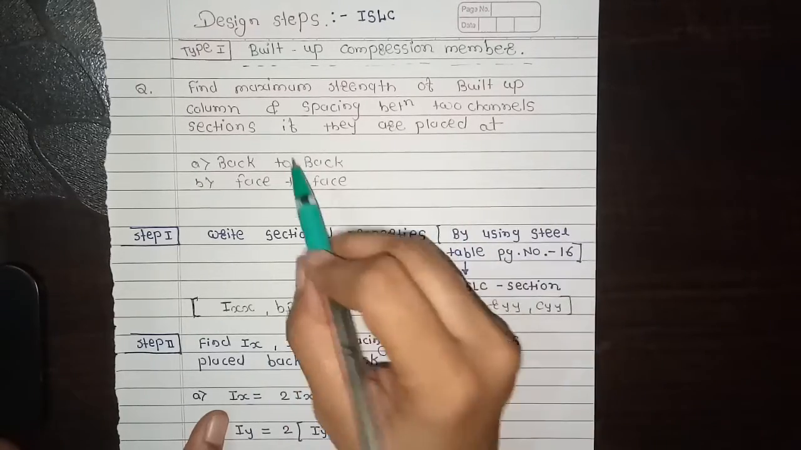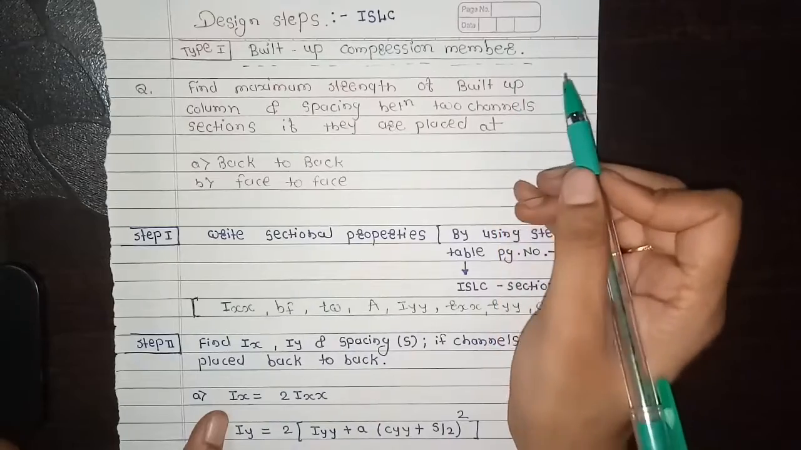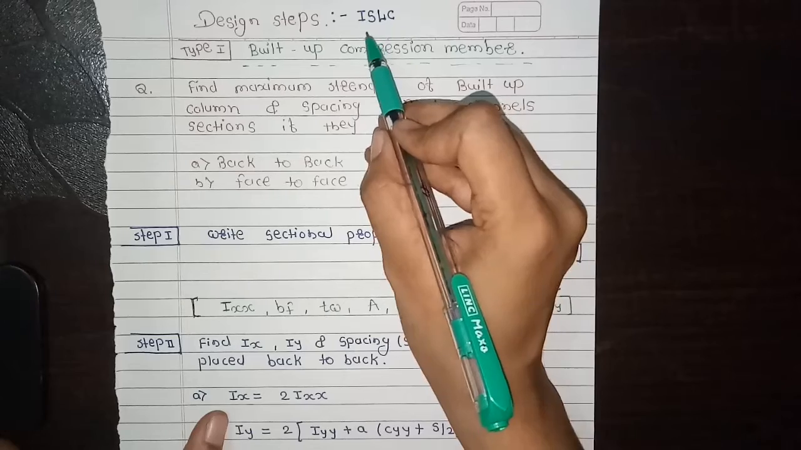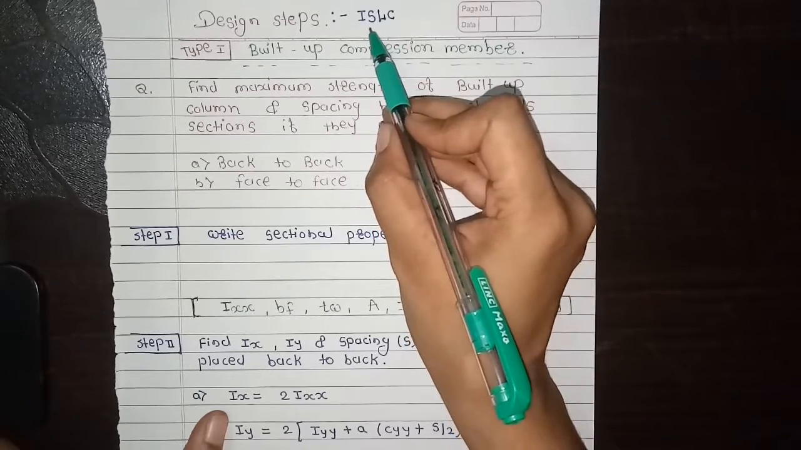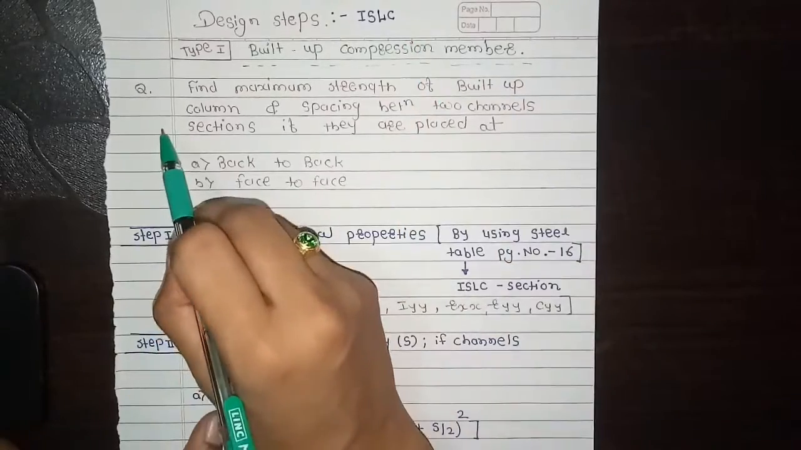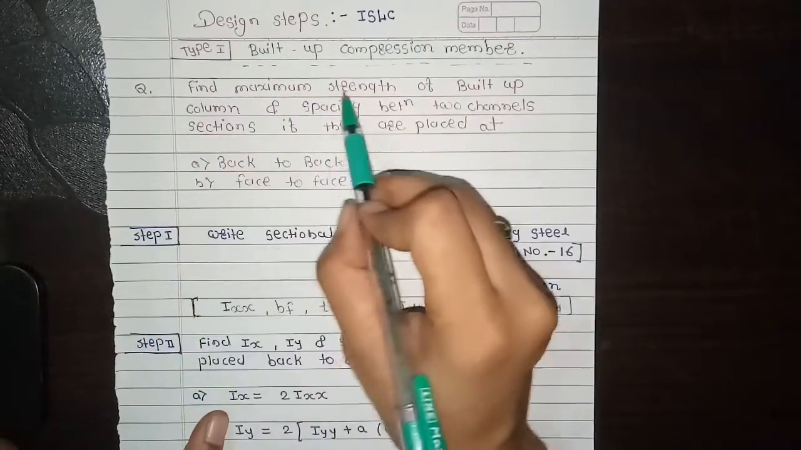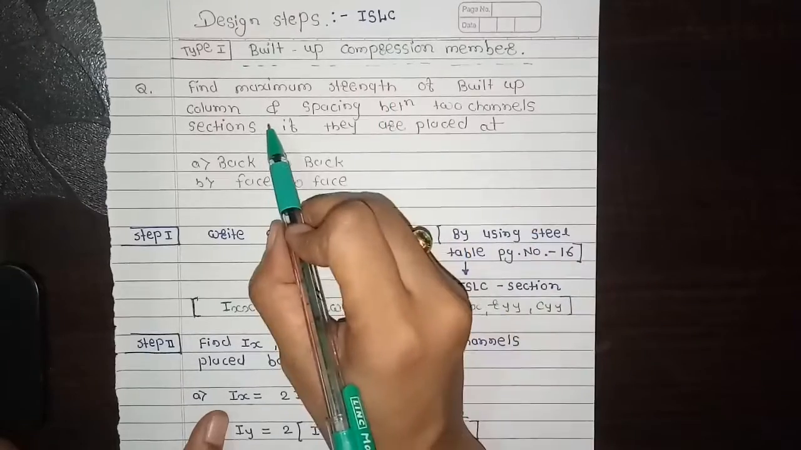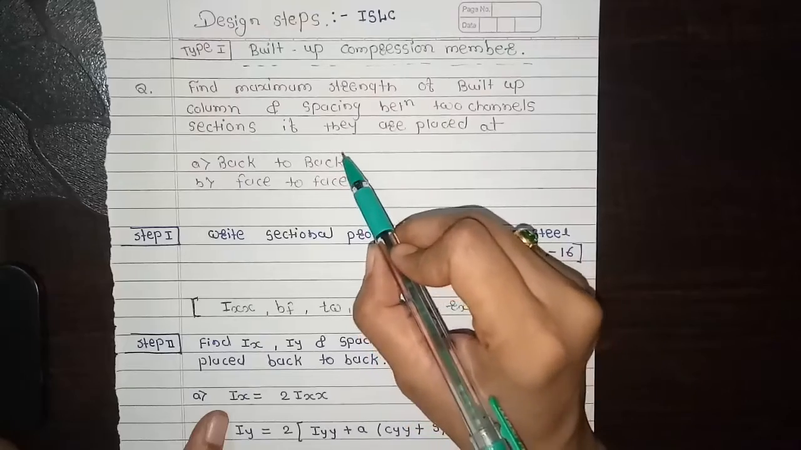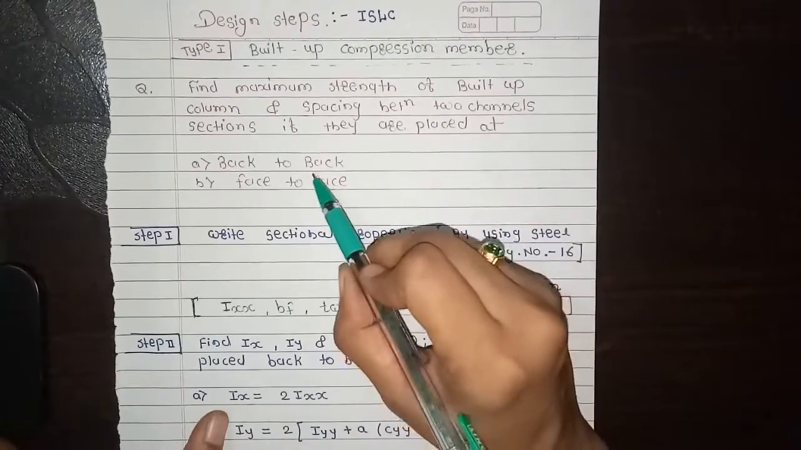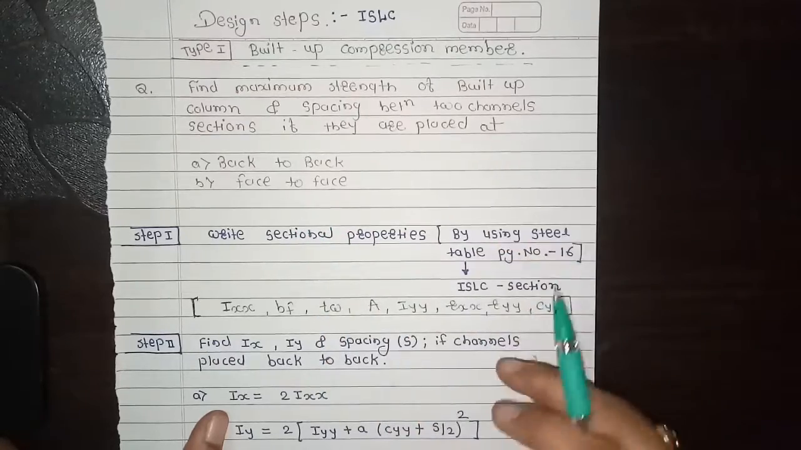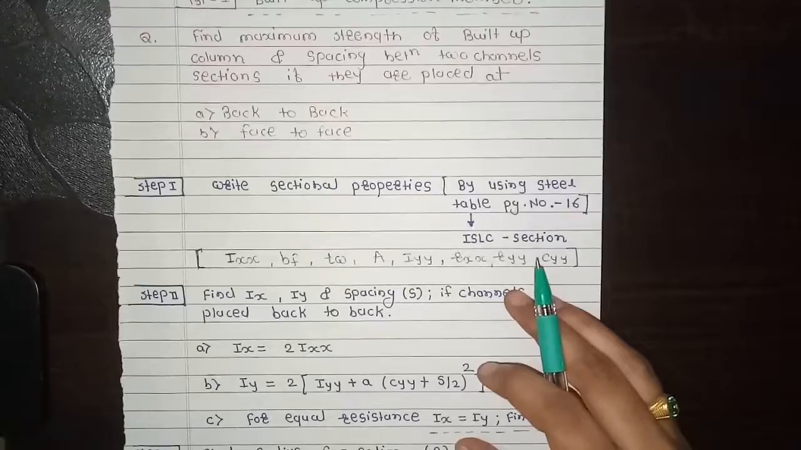First of all, we will see design steps of built-up compression member for ISLC section. ISLC section means Indian Standard Light Channel section. So question: find maximum strength of built-up column and spacing between two channel sections if they are placed back to back and if they are placed face to face. So first of all, we will see the procedure of